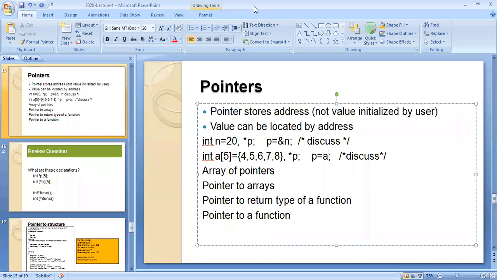Will it contain all the 5 element values or what? I want this answer. Will it contain only the first element's address, or all 5 element addresses? What does p is equal to a tell? Kindly tell me. P is a pointer variable. It contains the address, but does it contain all 5 element addresses or only 1 element address? No?